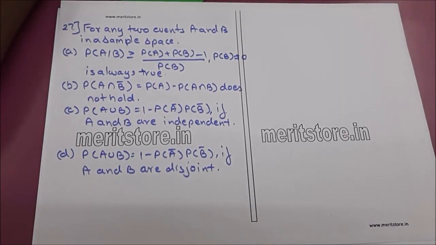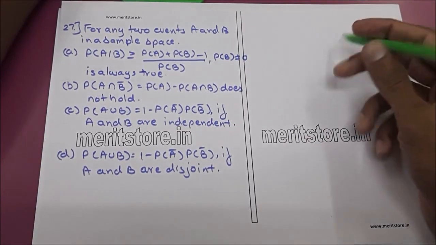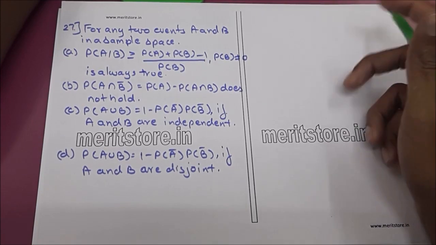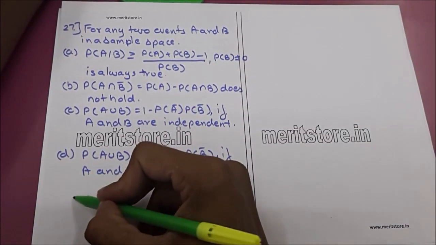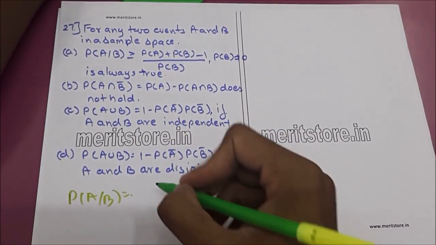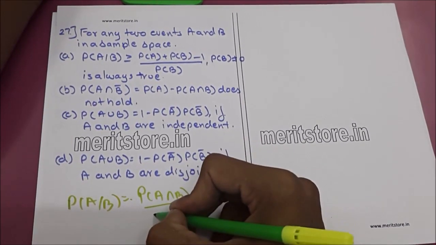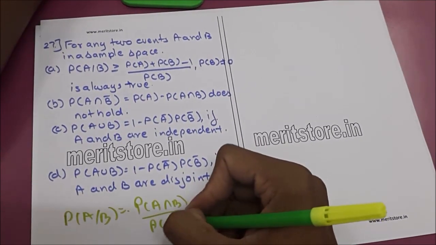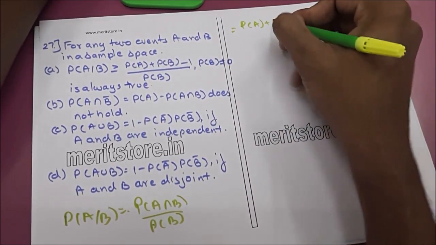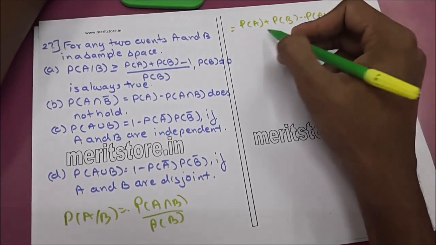Question 27. For any two events A and B in a sample space, we have been given 4 options, A, B, C and D. So we're going to solve for all the options. We're going to start with A, that is the probability of A upon B, which we can write as probability of A intersection B upon probability of B. Further we solve, that is probability of A plus probability of B minus probability of A union B upon